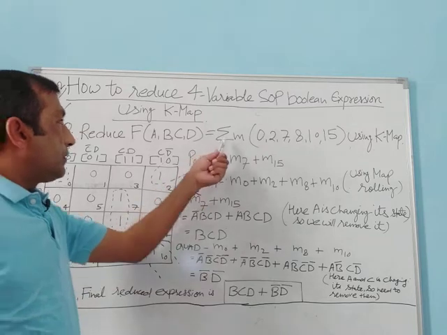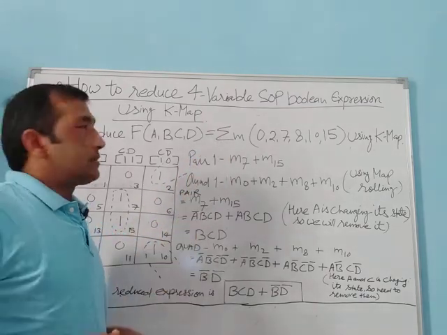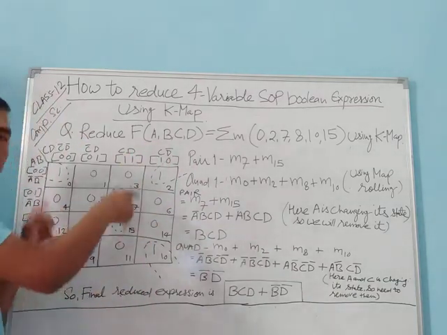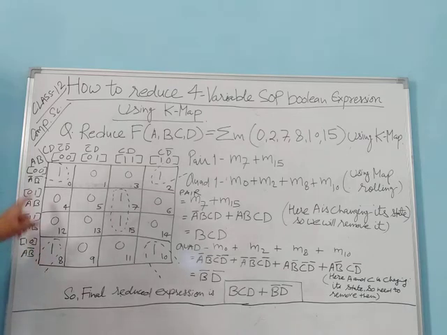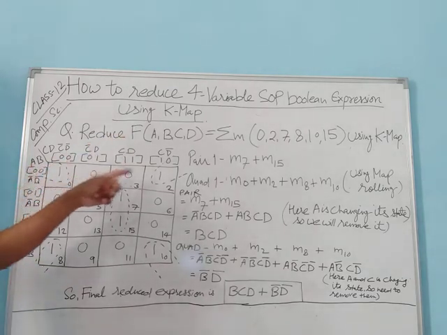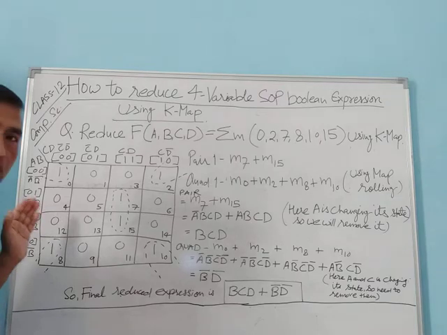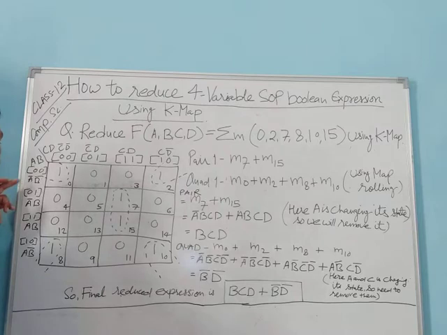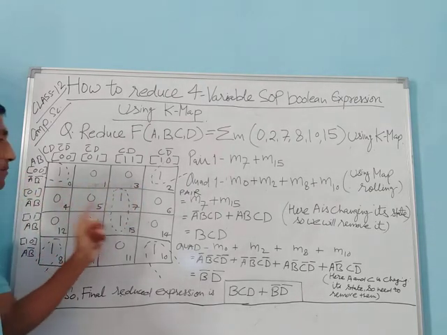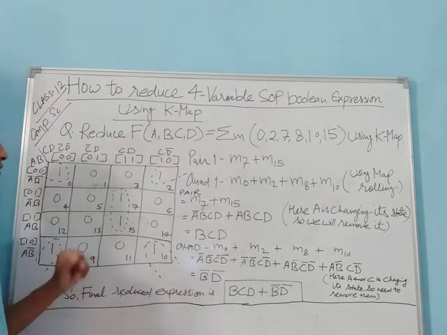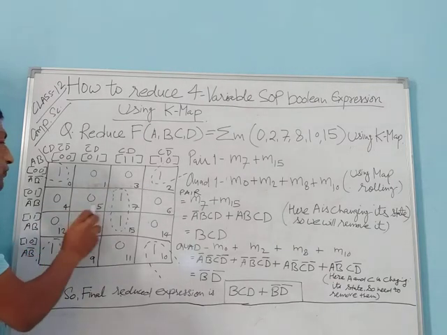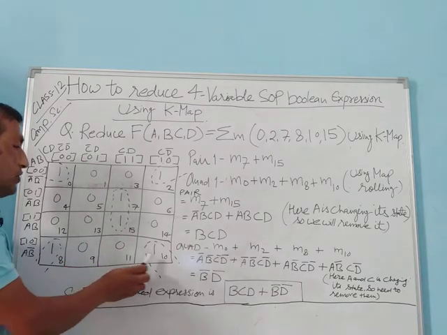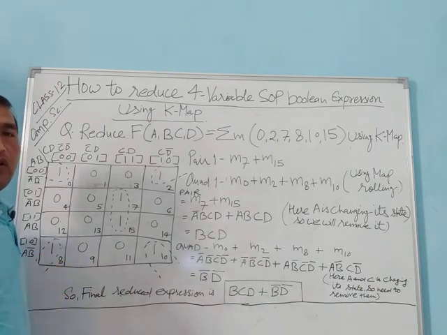If you see the symbol, it clearly suggests that this sigma means we have to do it with the help of SOP. Here we have drawn one K-map with 4 variables, that is 4 by 4, that is 16. So here we have 4 rows and 4 columns. In these we have already numbered them with the Gray code, like 0, 1, 3, 2, 4, 5, 7, 6, 12, 13, 15, 14, 8, 9, 11 and 10. That Gray coding we already know how to do.